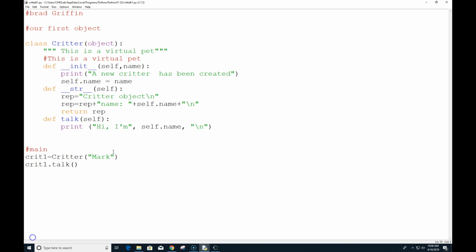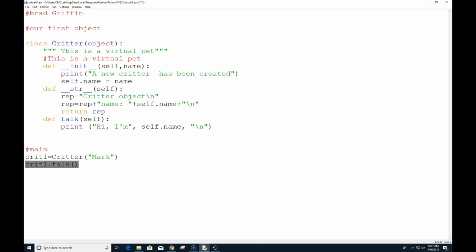All right. So in this particular case, now we've got a critter that can talk to us, and it doesn't have a whole lot. It's got a name, but we're starting to add more and more abilities and features into that. So we can also do some other things with it. We can assign a second one just to make sure.